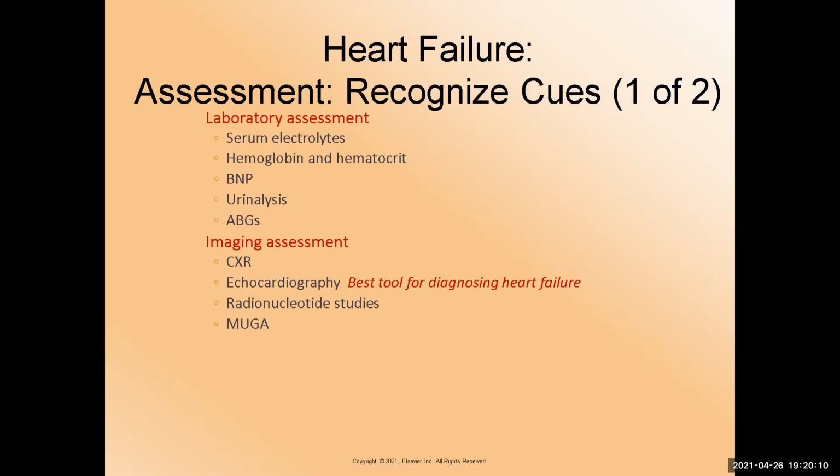An absence of the elevation in the BNP in conjunction with the history and physical rules out heart failure as the cause for acute dyspnea and points to a primary lung problem. So in the ambulatory care setting, BNP trends may be used over time to guide the care treatment of this